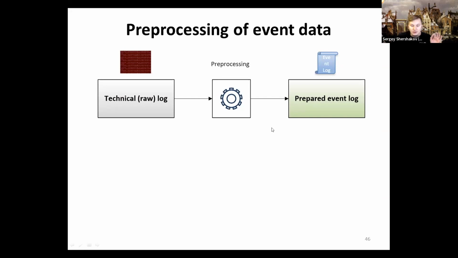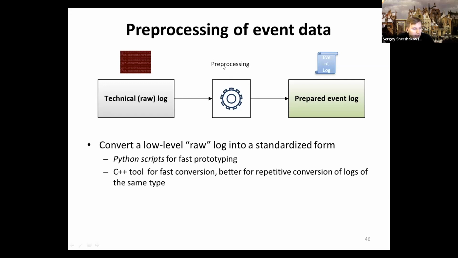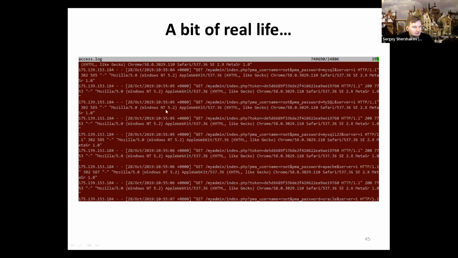The answer is that you have to perform a stage. Most often it's a separate stage, which is called pre-processing. In order to do that, you may use different approaches. You may even use a special application. However, the problem is that in real life, there are a lot of different ways how